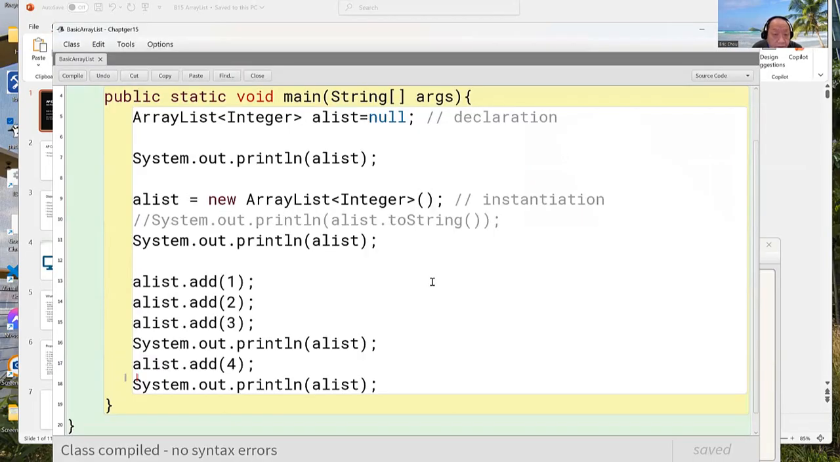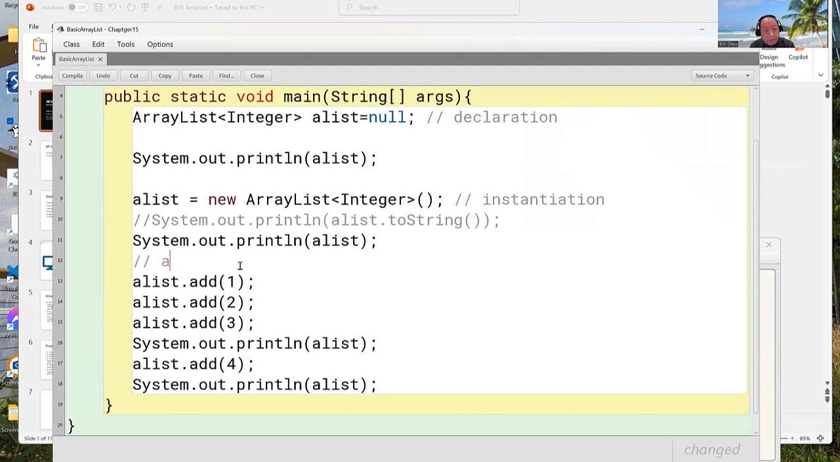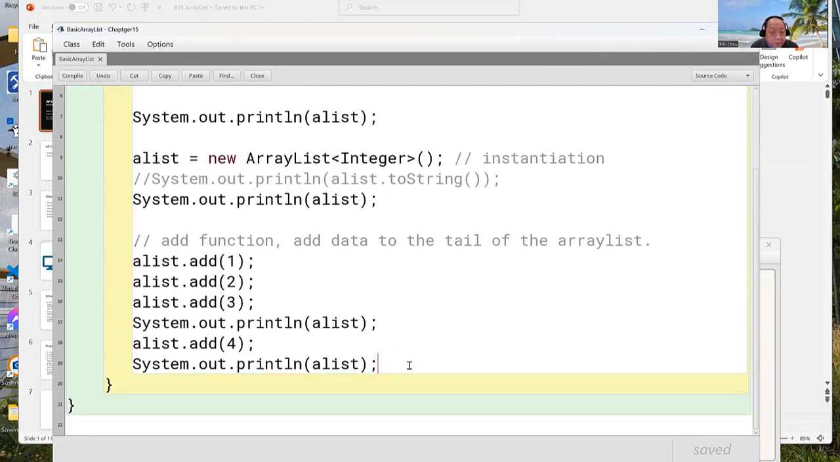So that actually is array list, okay? It's array list. The first function we talk about is add function. Add function is adding data to the tail, okay? Now, this one's adding data, okay? The next one is that we do have